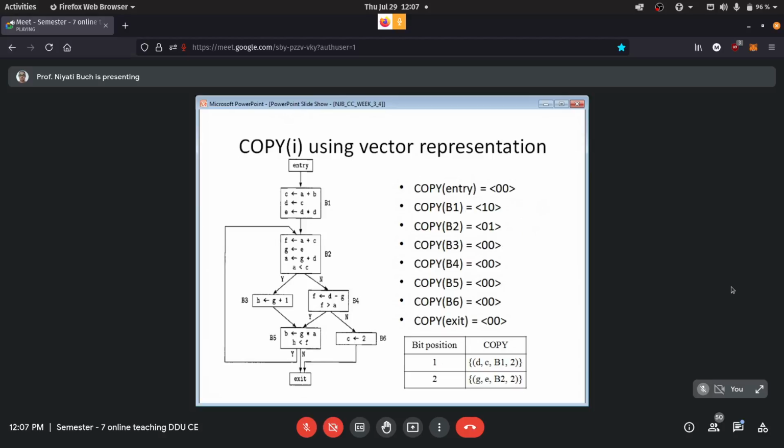So bit position 1 for D comma C, and bit position 2 likewise. Over here we have only 2, so we will be dealing with only 2 positions. We write 0 if that element is not present, and 1 if it is present. So 1 0 will be the vector for B1, and 0 1 will be the vector for B2. This is one more way of representation.